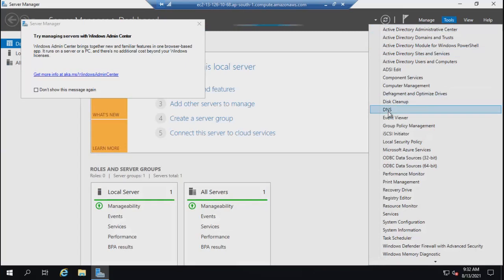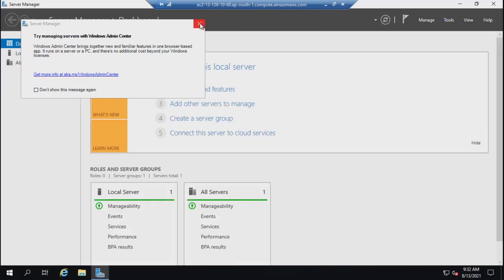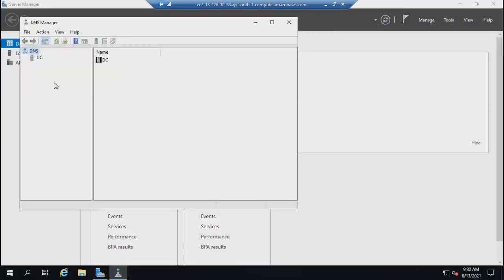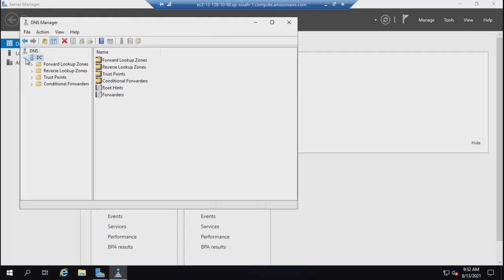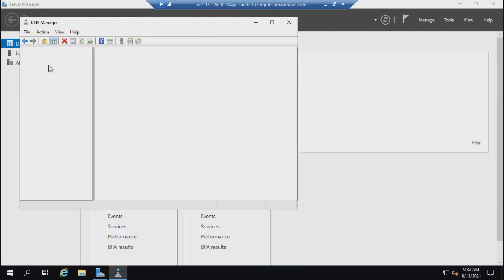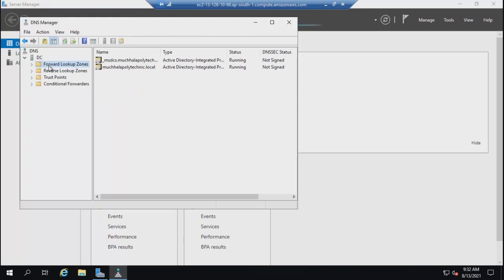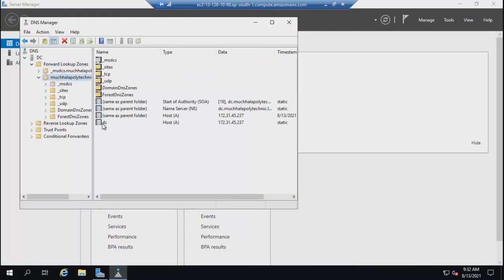I'm going into the DNS. So this is your DC, that's the main machine. And in your DC, if I expand, I see the forward lookup zone. Forward lookup zones are entries of system names and the IP addresses. What is the meaning of forward lookup zone? It is an entry or register which has the names of your computers and the IP addresses.